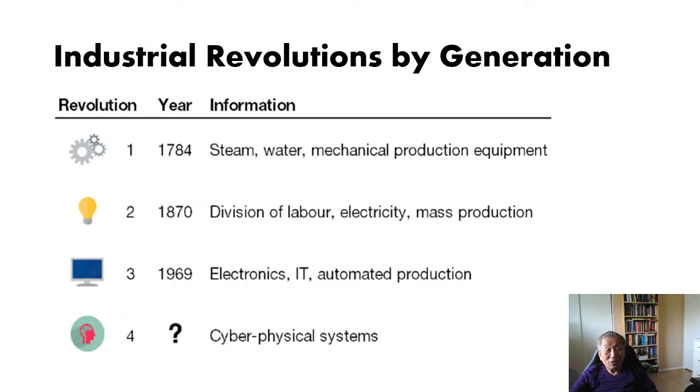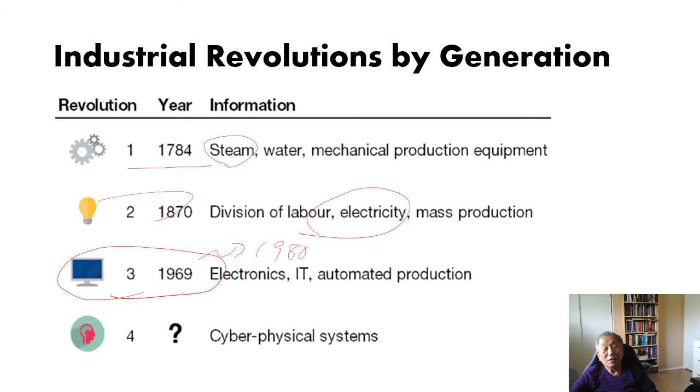About when did it arrive? That is the Industrial Revolution by generation. So the Industrial Revolution, you heard about that, the steam engine, and the second generation is electricity. Then the third generation started in 1969, but this one really flourished in 1980 when the PC, personal computer, became